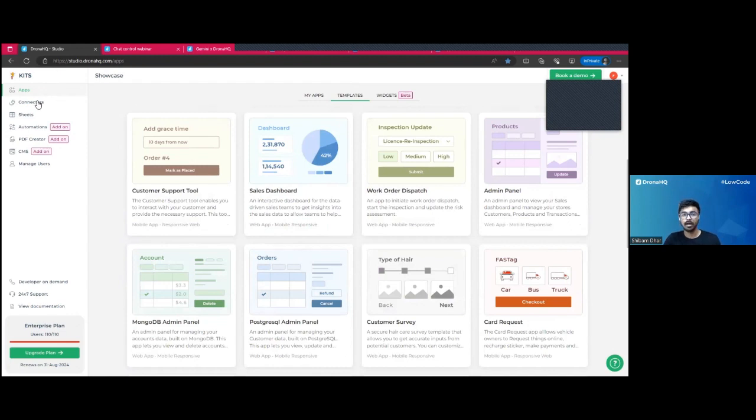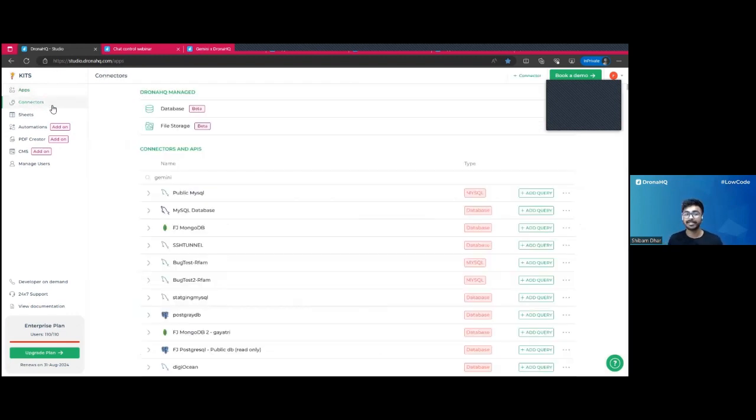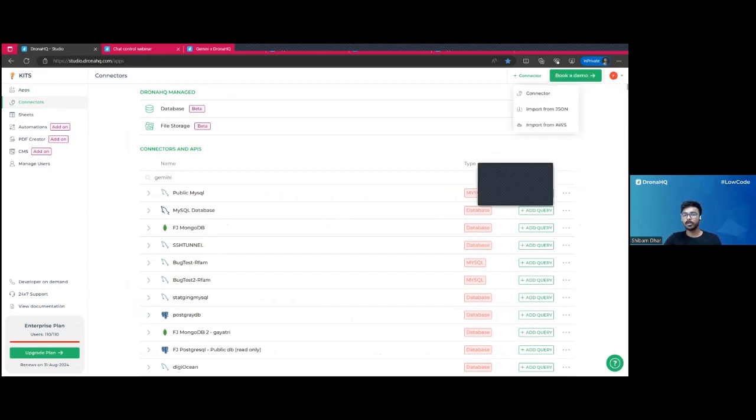Now, about what I was discussing earlier, the data source part. In DronaHQ, we do provide databases, third-party APIs, as well as REST APIs. Apart from that, we provide our own database facility as well as a file storage management facility. So let me show you. On this page, if I click on plus connector,